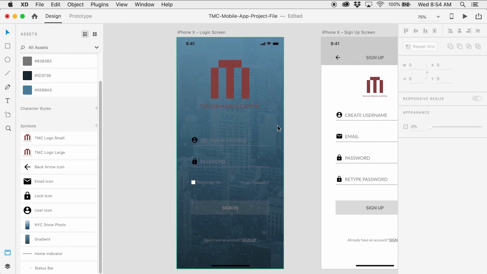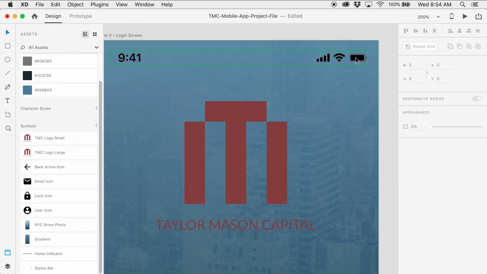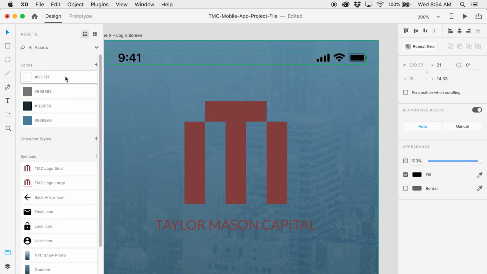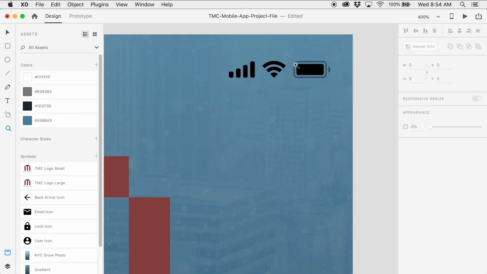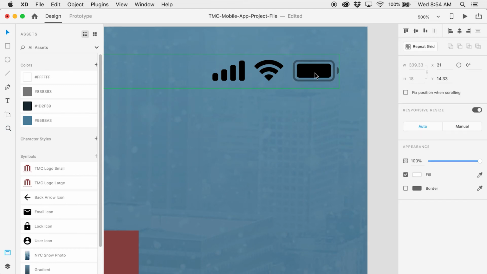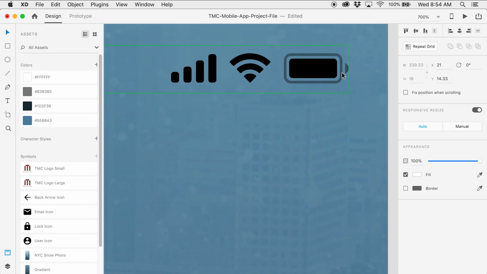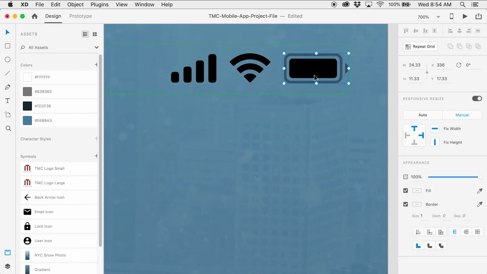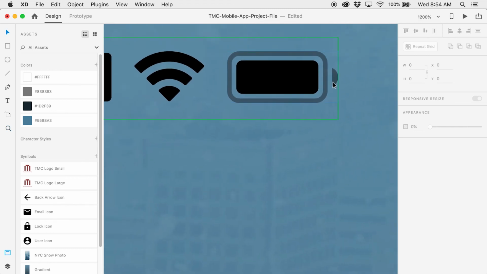Now we are going to recolor the status bar. And since the status bar is the symbol, we just need to recolor it once, and every instance of the status bar in our project will change. So this is a group over here. So I want to shift click the battery icon to get into the group, unlock it, zoom in,